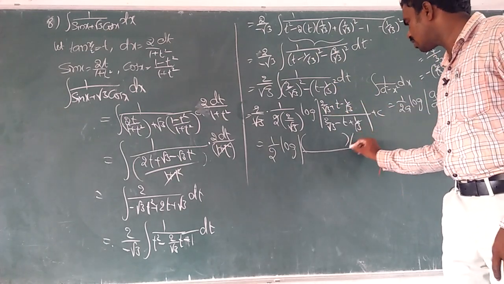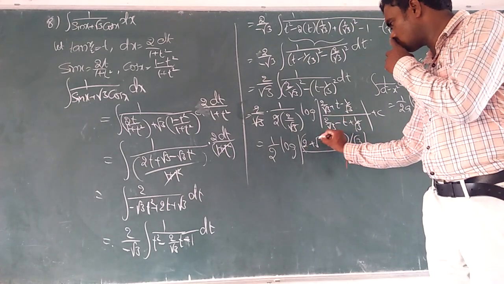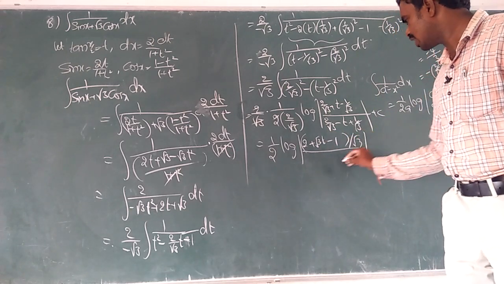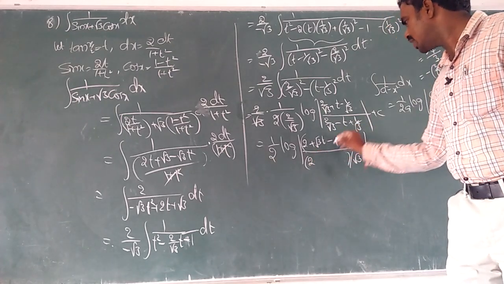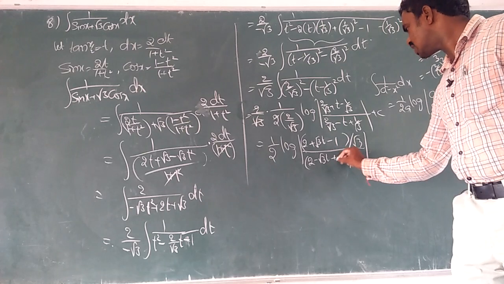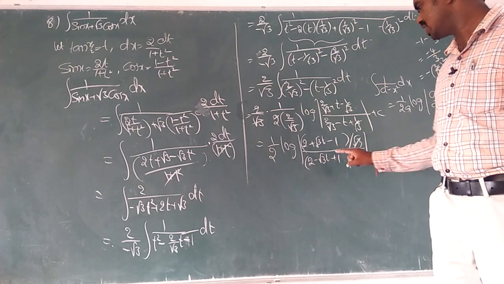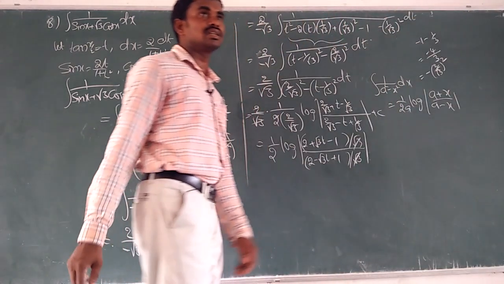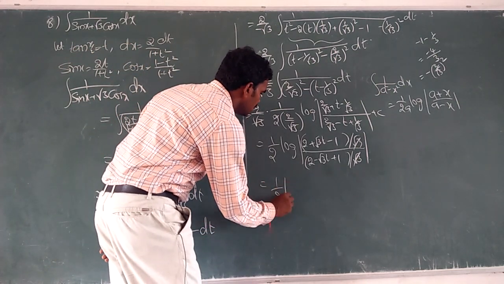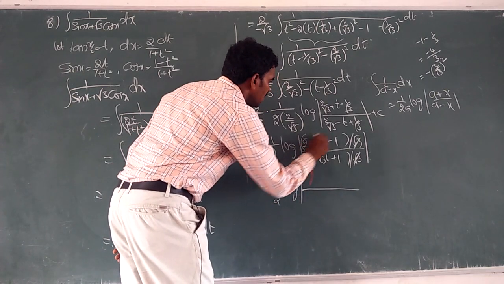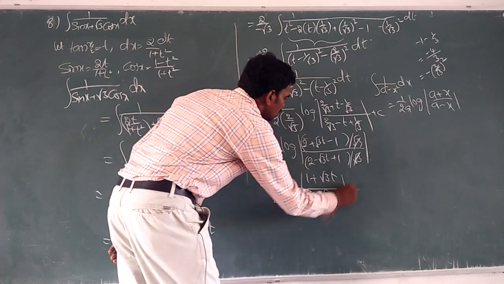So root 3 is the denominator. By root 3 we are getting. So 2 already is there, plus t into root 3 means root 3t minus 1. And the denominator also consists of the root 3 term. So 2 root 3 into t, minus root 3t plus 1. So root 3 cancels. Now 2 minus 1 is 1, 2 plus 1 is 3. Is equal to 1 by 2 into log of 2 minus 1 is 1 plus root 3t, 2 plus 1 is 3 minus root 3t. So this is the answer.